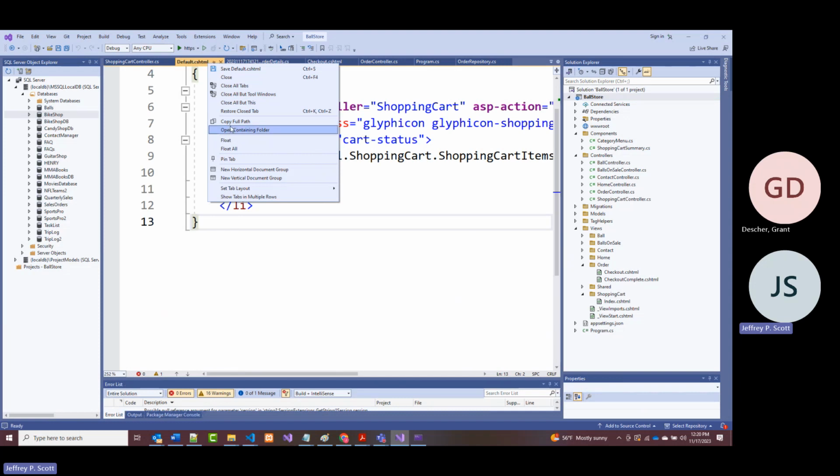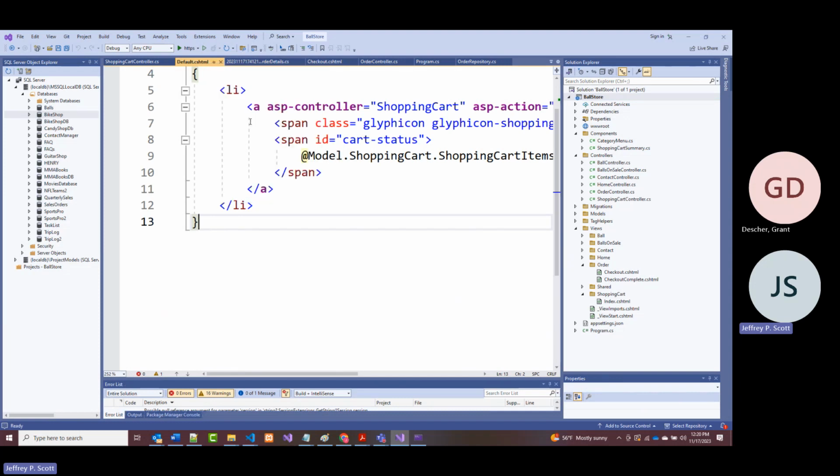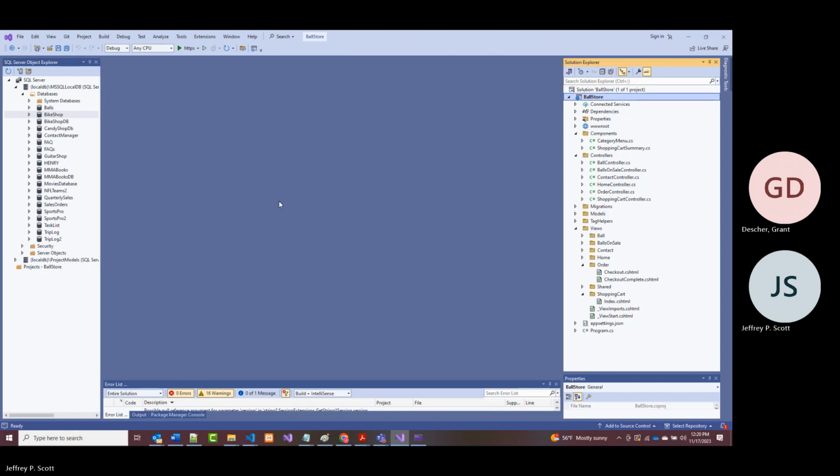I was online this morning looking for an example, and what I had was real close to the example. The only difference is theirs worked, of course, and mine didn't. I'm again using something from Bootstrap, and if I'm not picking up Bootstrap, that could be the source of a lot of my problems. So let's start here